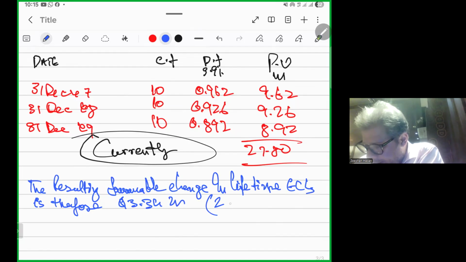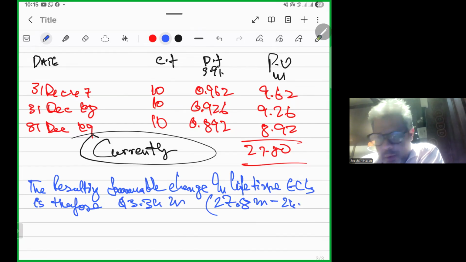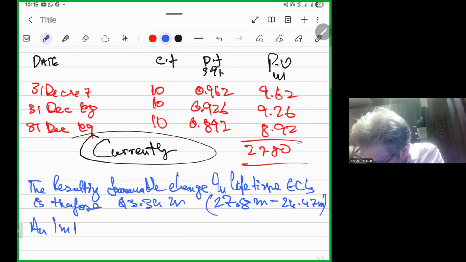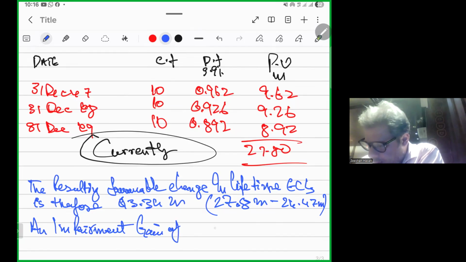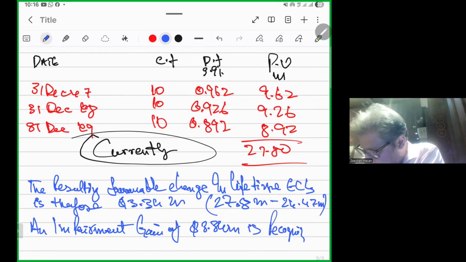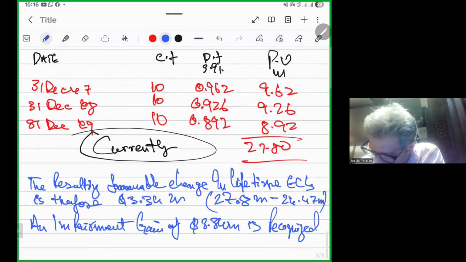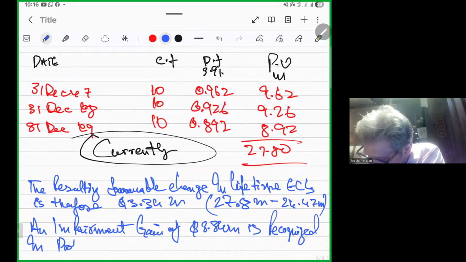How? Currently it's 27.8 million, previously it was 24.47 million. So an impairment gain of $3.34 million is recognized in profit or loss